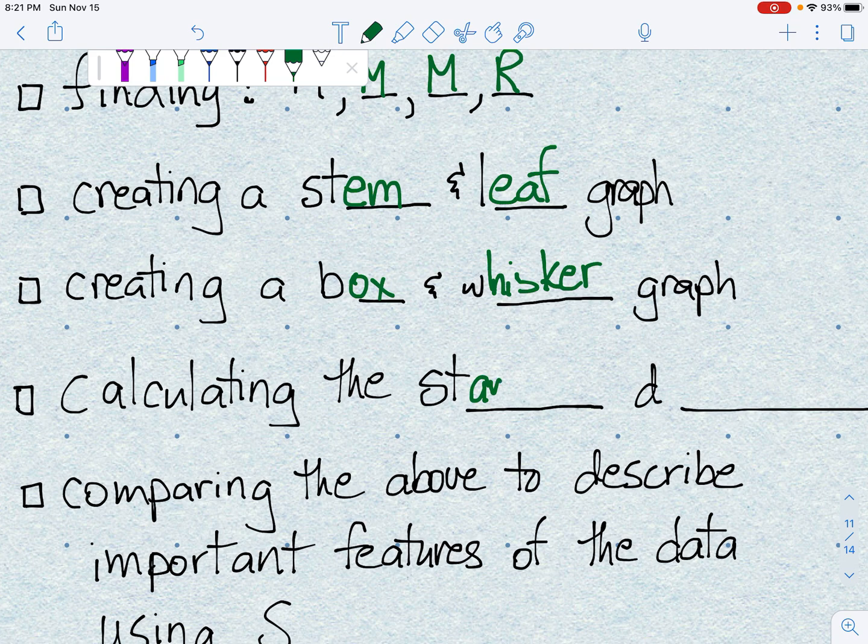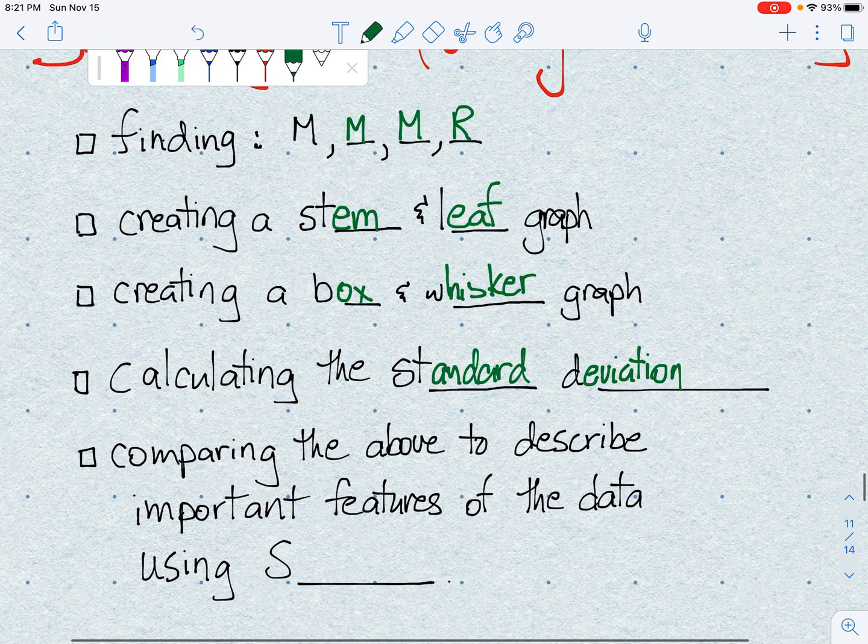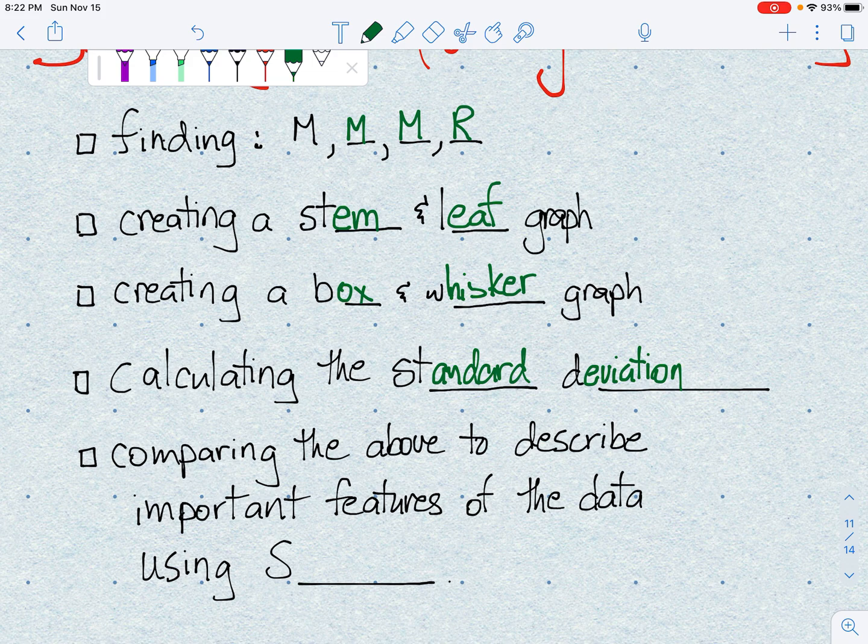Finally, we calculated the standard deviation. And that showed us in one number how compact the data was around the mean. The smaller the number, the tighter the graph, the closer they were to the average, to the mean. We also looked at histograms. I'm not going to have any histograms on the test, but because it looks an awful lot like a stem